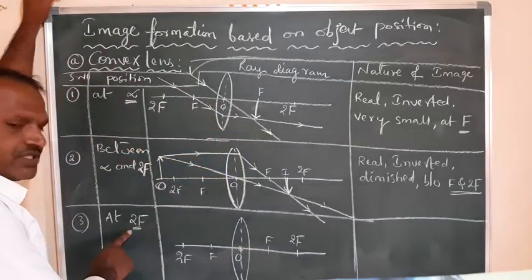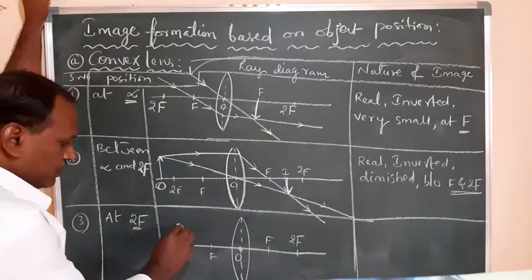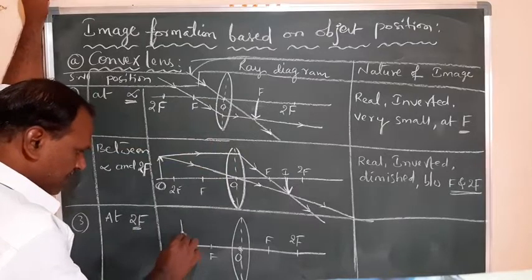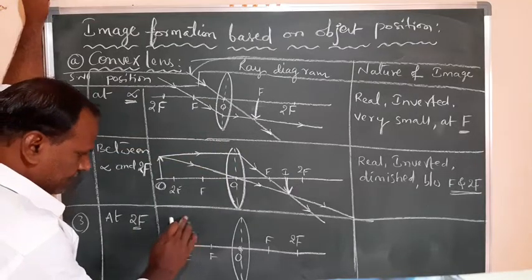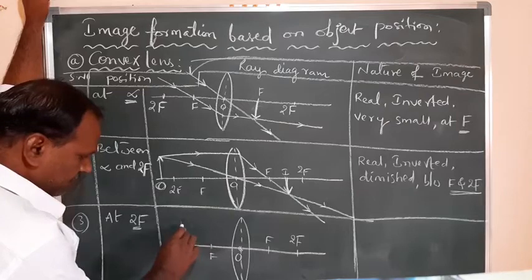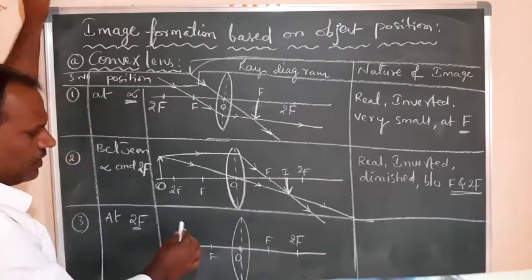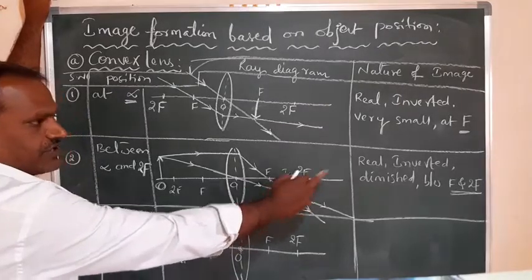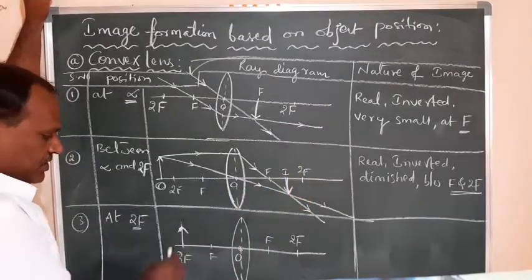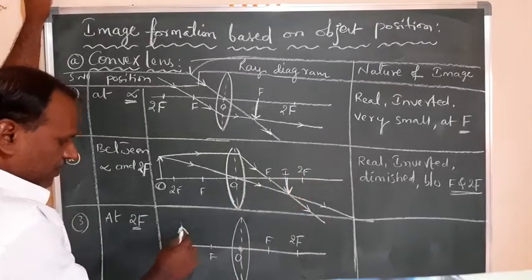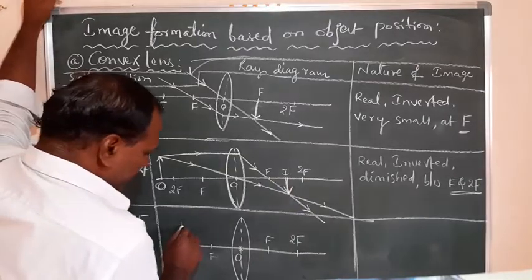Now the object is placed at 2f, right? Here the object is kept like this. Let it be. This is the object at 2f. The arrow mark is upward, but here the arrow mark is downward, because of that it is called inverted, right? In the same way, here also this is an object with the arrow mark upward. How can you get the image formation for this?